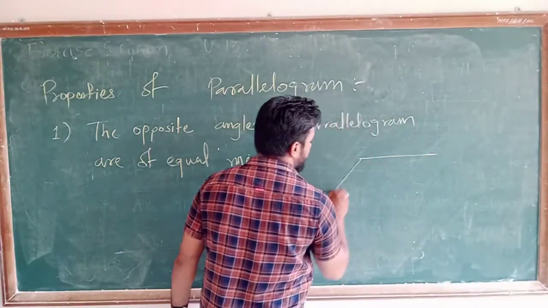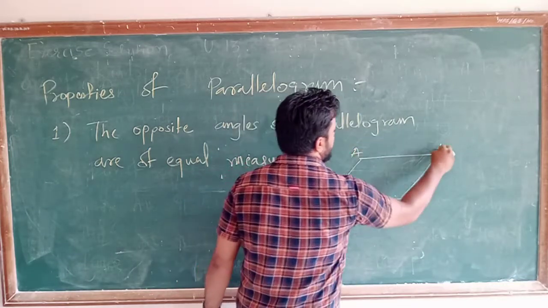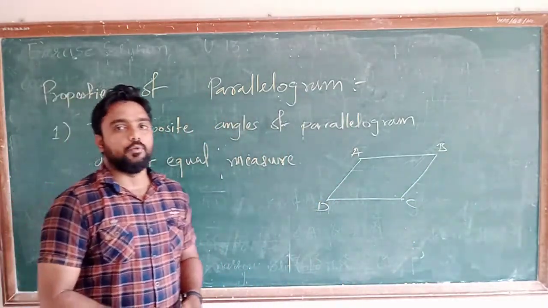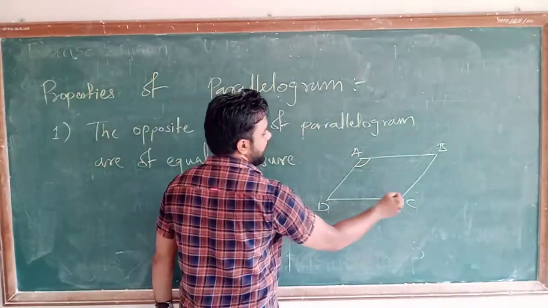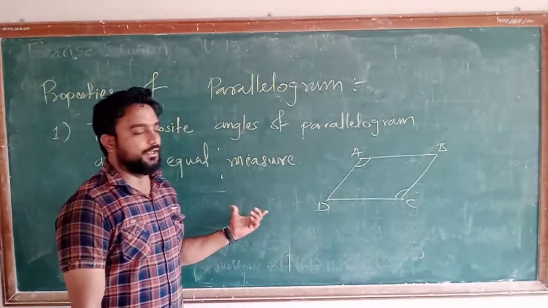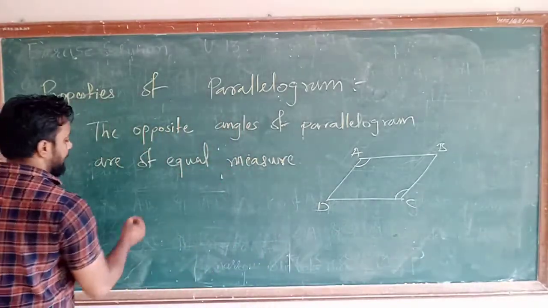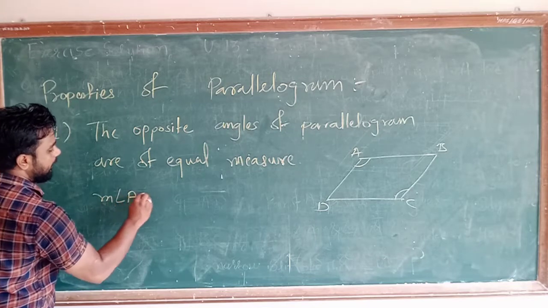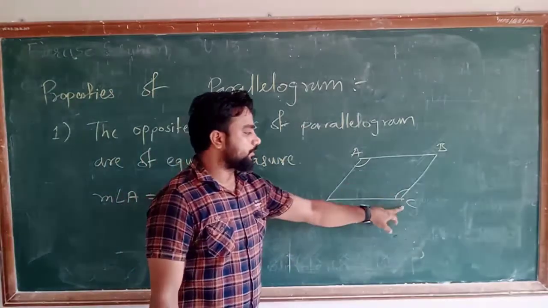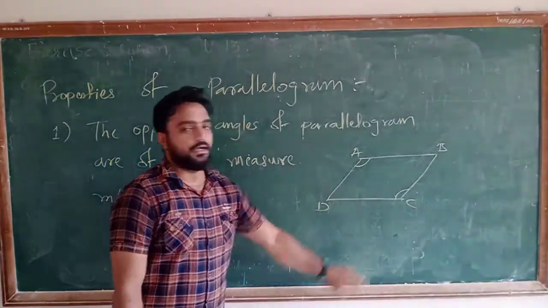ओके, यहाँ एक एग्जांपल लेते हैं. आई एम ड्राइंग अ पैरेललोग्राम. ओके, गिविंग इट द नेम A B C D. Okay, so which two angles are opposite to each other? So just see here, angle A and angle C both are opposite to each other. So according to the first property, the measure of angle A and the measure of angle C are equal. That means what? I can write it as measure angle A is equals to measure angle C. Understand or not? Why? Because both are opposite to each other, and according to that, opposite angles are equal in measure.